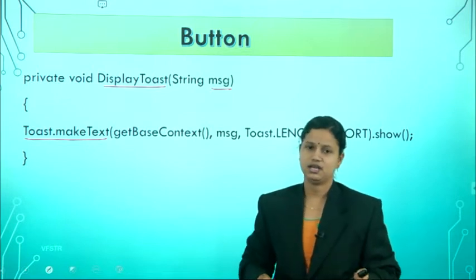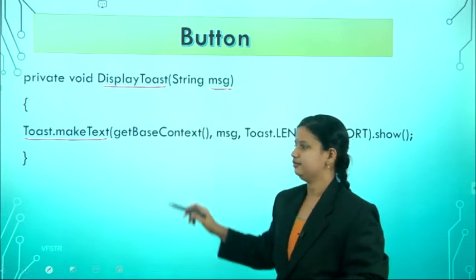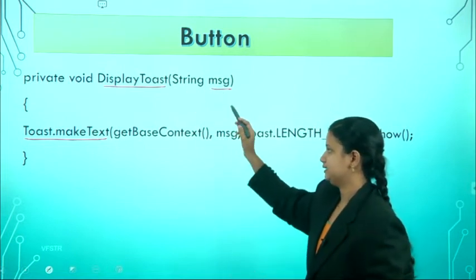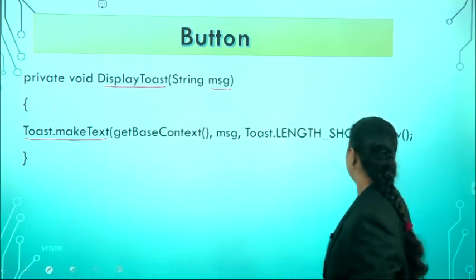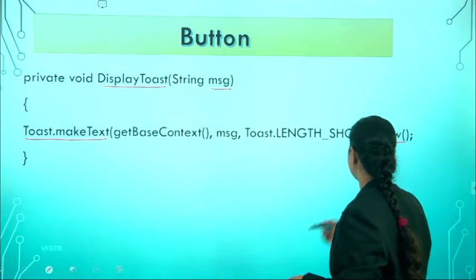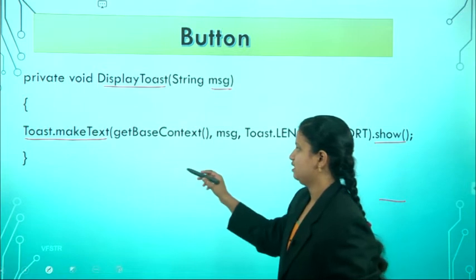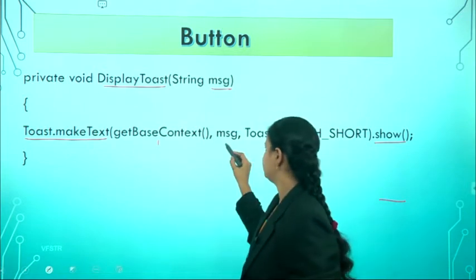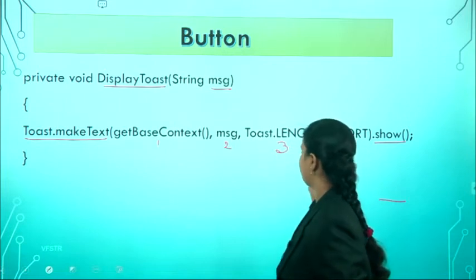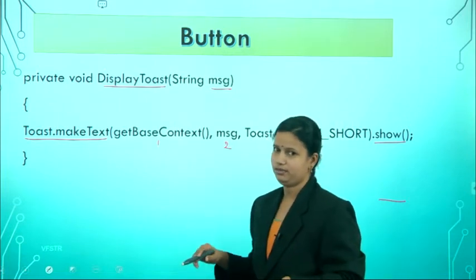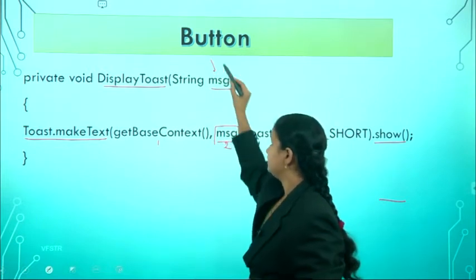What is the message they are sending? You are clicking on the open button. That message is to be retrieved and caught here. After that, to display a message we are using the Toast.makeText.show method. Within this we are passing three parameters. The third parameter is how long it will appear, and the other is the content that will appear, which is the message we are getting here.